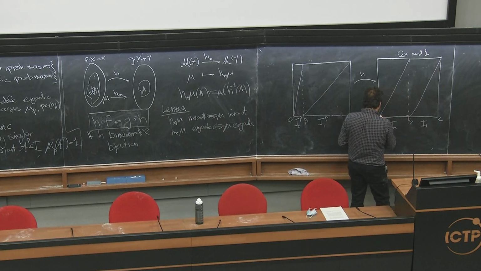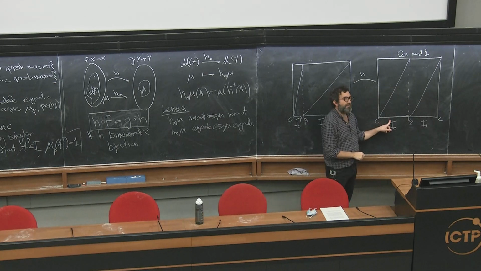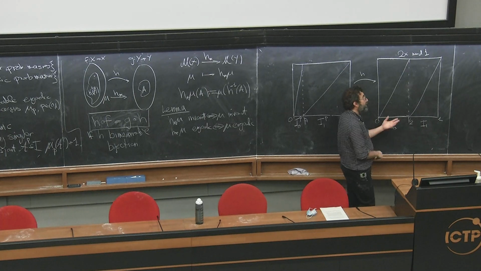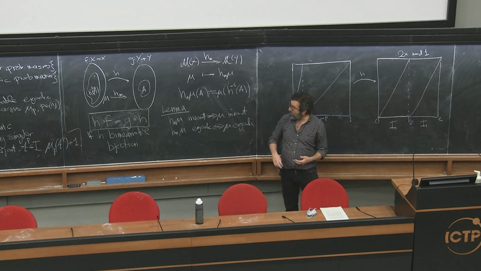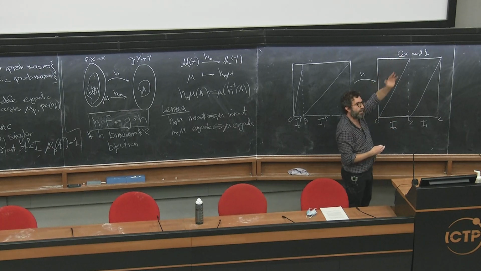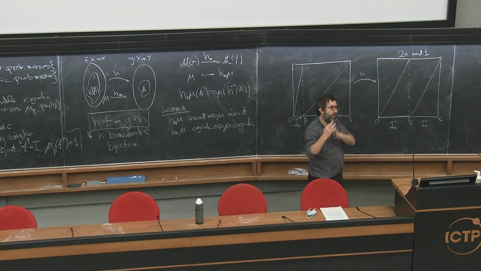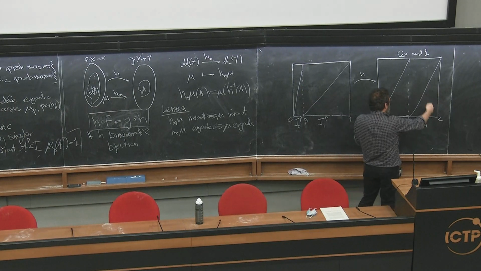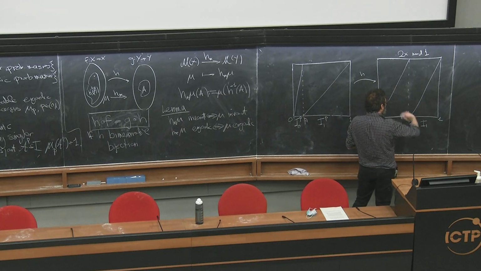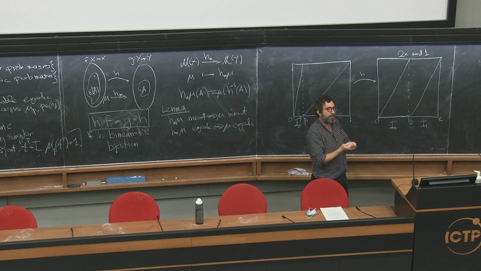In this case, the symbolic coding will have proportion 1/2 of zeros. Right? In this case, the symbolic coding happens to coincide exactly with the base 2 representation, because this is 2x mod 1. So in the case in which we have kx mod 1, 2x mod 1, or 3x mod 1, or 4x mod 1, as we saw just before, the symbolic coding, the coding that you get by looking at the orbit and seeing in which branch it falls, is exactly the same as the base k representation.